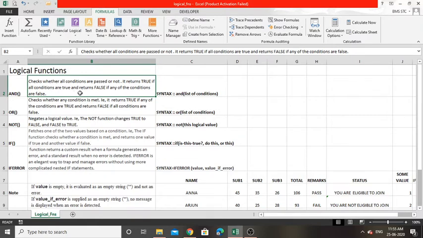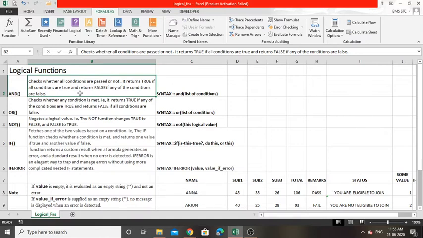So this AND function we can compare with the multiplication, or product, mathematical operator. If we multiply any number with 0, the result is 0, right? 1 into 0 is equal to 0, 2 into 0 is equal to 0. So any number multiplied by 0 will result in 0.